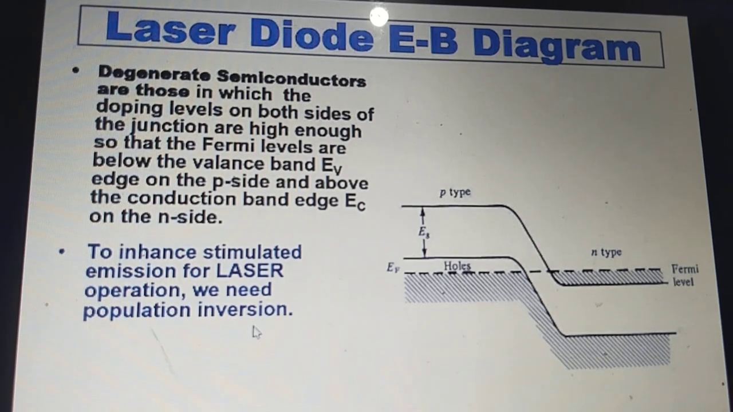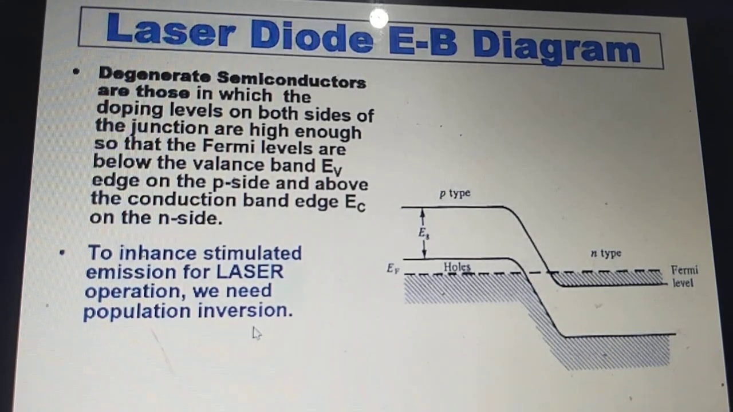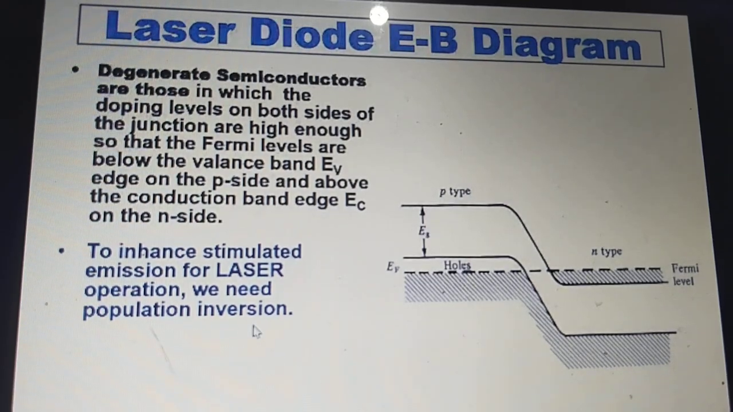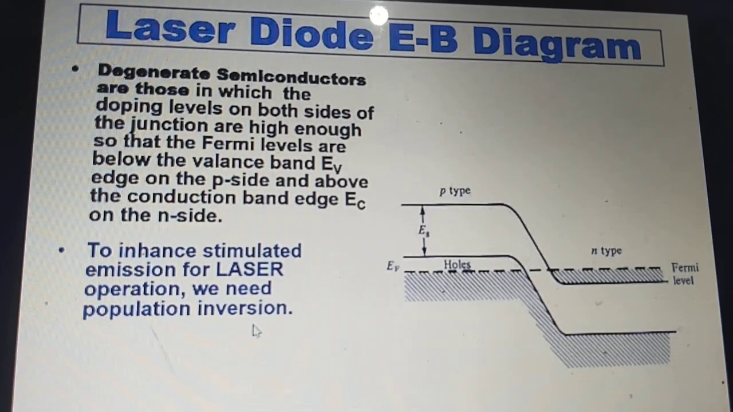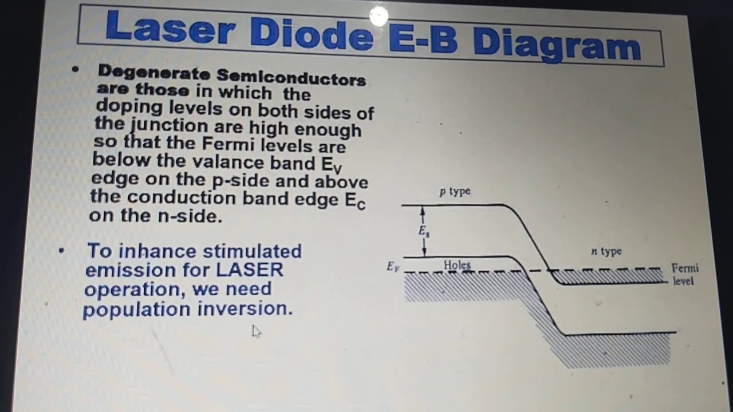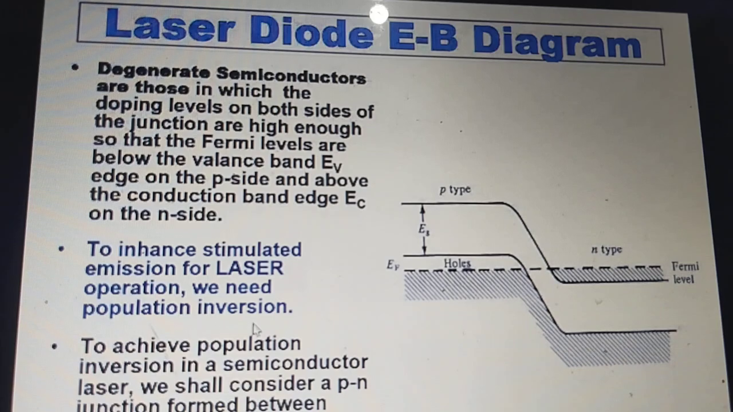Another term which we use, population inversion, means the number of particles or charge carriers in the excited state is higher than the number of charge carriers in the ground state. Normally, in the ground state you have more charge carriers than in the excited state, but in a laser we want more charge carriers in the excited state, so this term is known as population inversion. To achieve the population inversion,